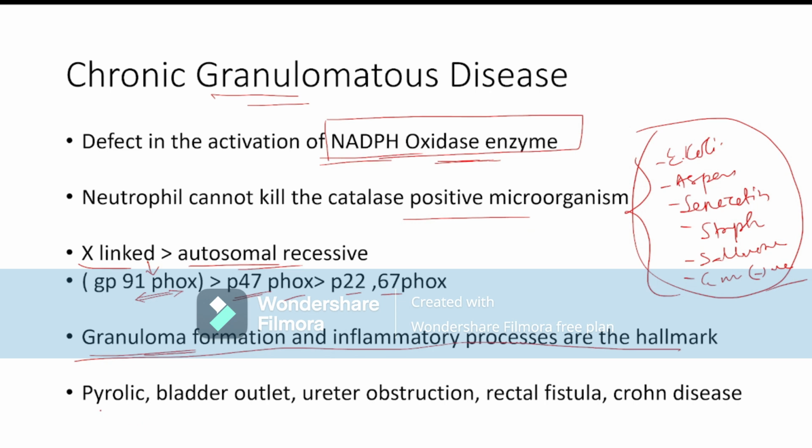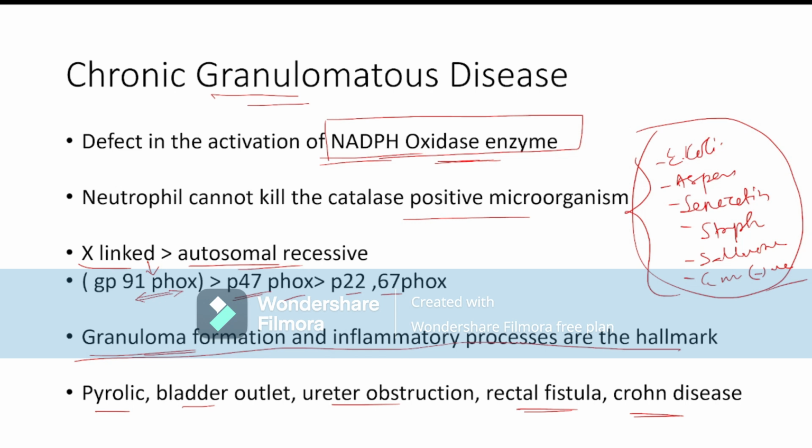So the child may suffer from pyloric obstruction, bladder obstruction, or ureteric obstruction, or rectal fistula. The child is also suffering from Crohn's disease, and the serology for Crohn's disease is also positive in this patient. So, if any patient is suffering from multiple episodes of recurrent deep-seated infection or pneumonia with any outlet obstruction,